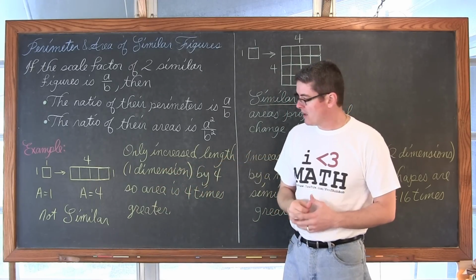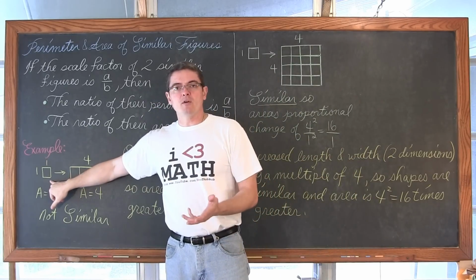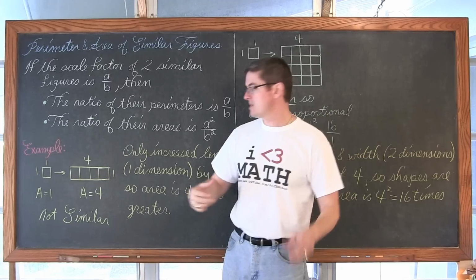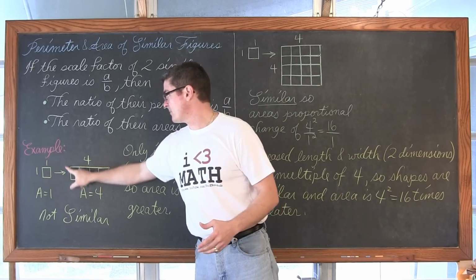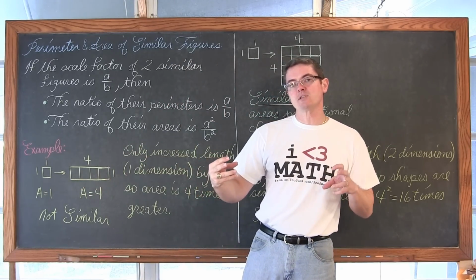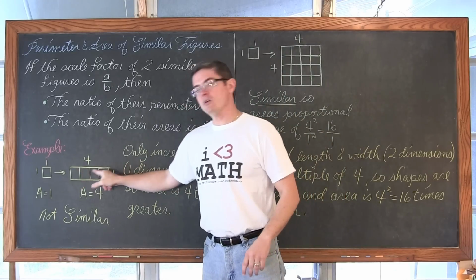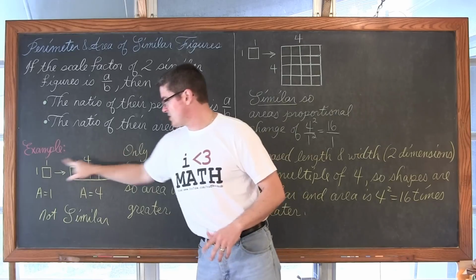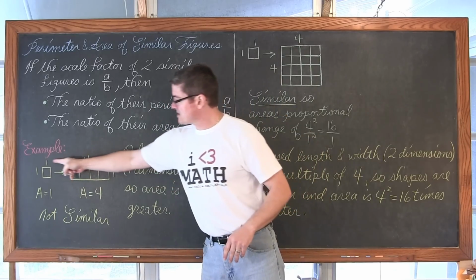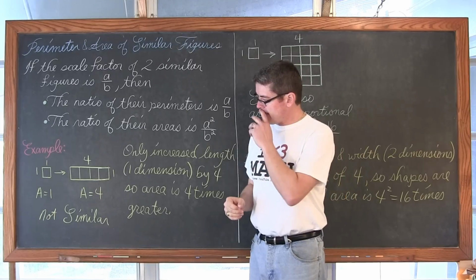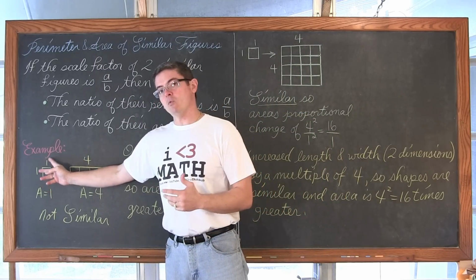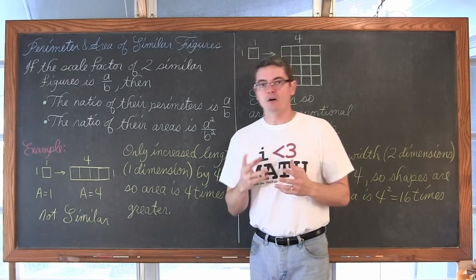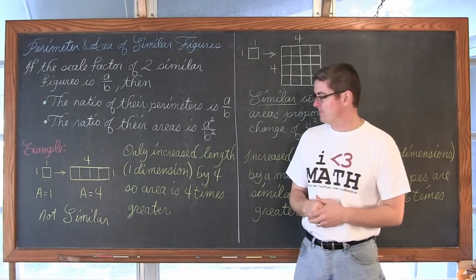When you have a two-dimensional figure, and I've picked a very simple one, a square, and you change its dimension. In this case, I'm going to take this 1 by 1 square and make it 4 times as long. I've got my drawing here, and you can see that if I increase the length of this square to change it into a rectangle, by a multiple of 4, then what did have an area of 1 by 1, or an area of 1, now has an area, as you can clearly see, of 4. It's gotten 4 times larger.